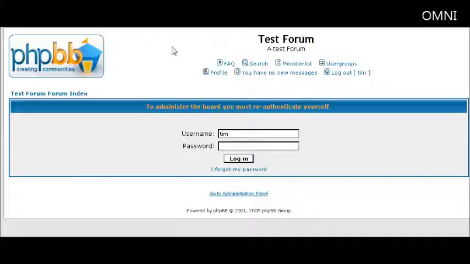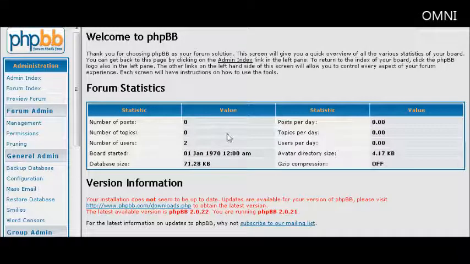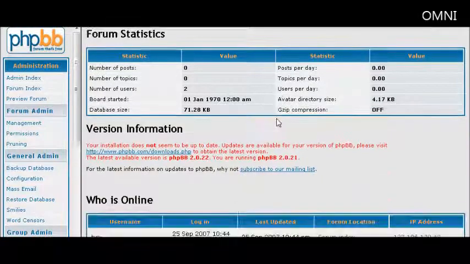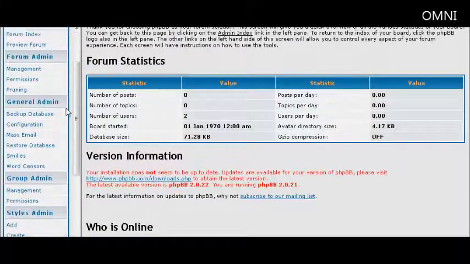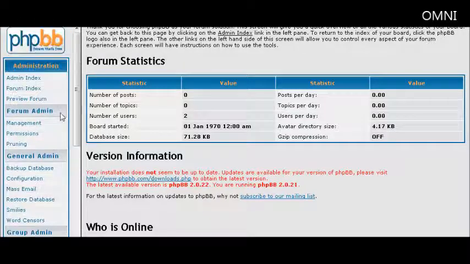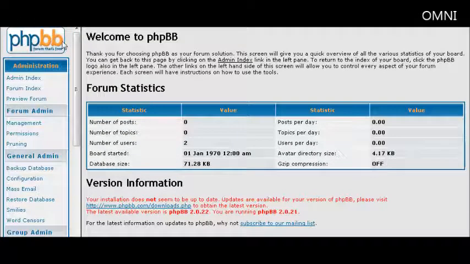Go to admin. You might want to bookmark your admin page so you don't have to keep going through that process to get to it. And it's just login.php, and then it redirects to admin. So you just bookmark it next time you go to it so you don't have to go through this process. Alright. Now, there's some other things you want to do, like for instance changing the